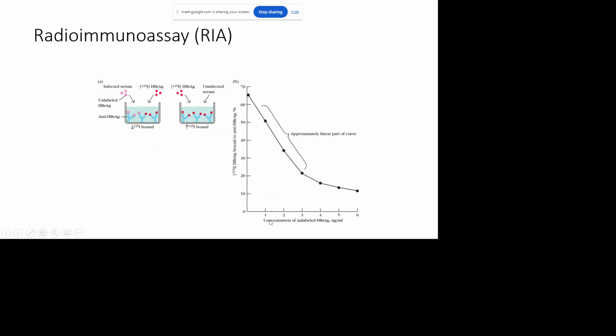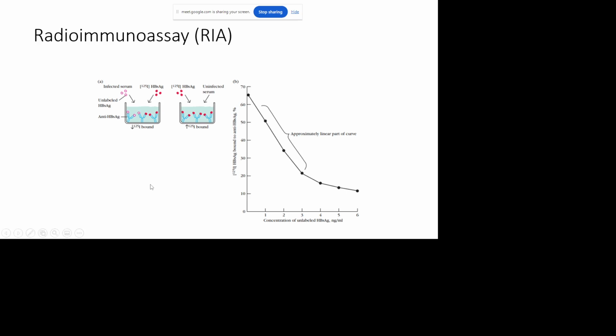by measuring the intensity of some known concentration of the serum sample, right? Some known concentration of the serum sample you will put and measure the intensity, and for the test sample you will measure the intensity, and you can find the concentration by this standard curve. Okay, so in this way, by radioimmunoassay you can measure the concentration of the